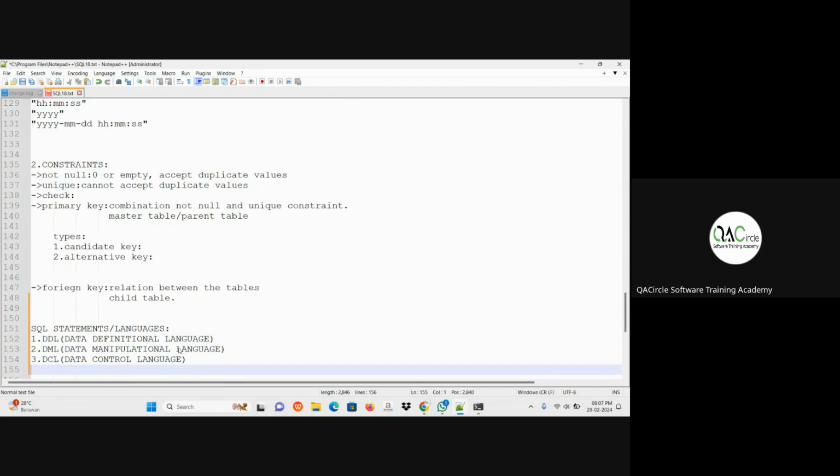The fourth one is TCL, transaction control language.